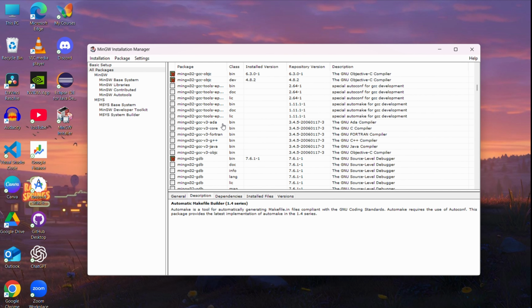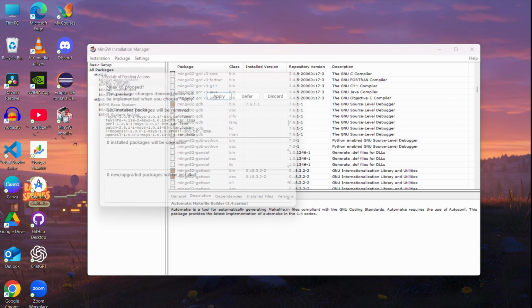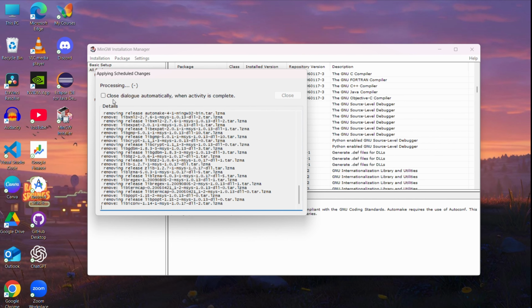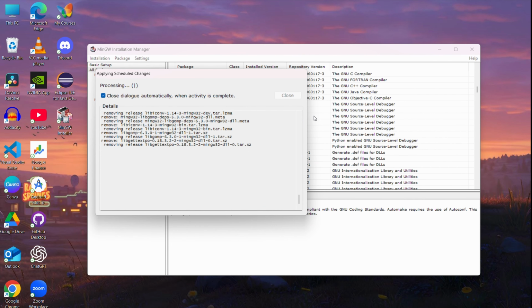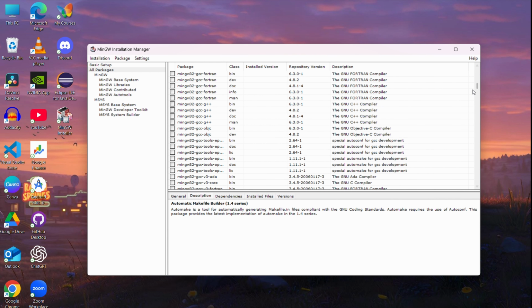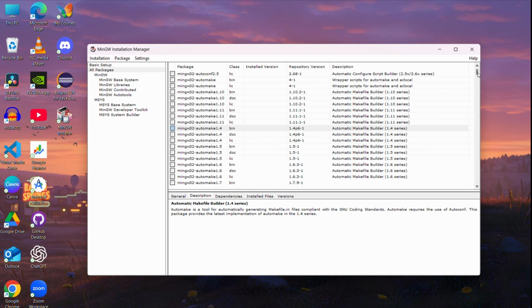So after marking, click on installation and then apply changes. Then finally click on apply. Here you can see all the files are getting deleted. Click on the close dialog box. So here you can see all the files are deleted. Close this window